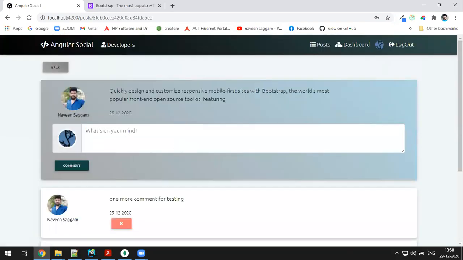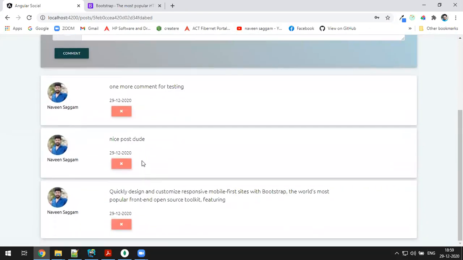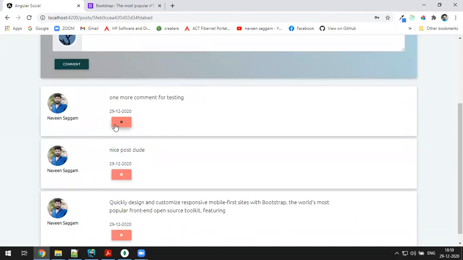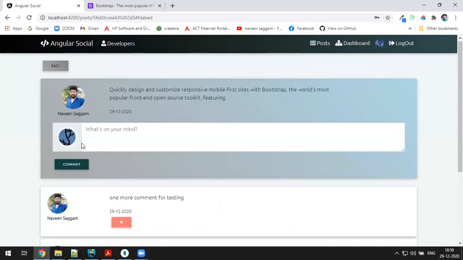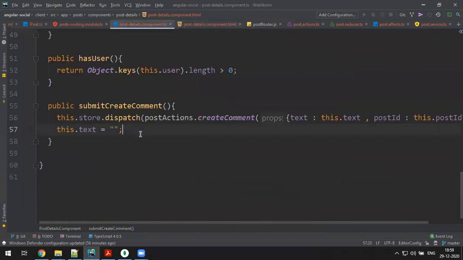David can see Naveen has made some comments. So David has logged in, but David should not delete Naveen's comment. Correct? David can remove only David's comment. So this button should be visible only if the logged-in user and the user who made the comment are the same. Condition has to be made. Okay, I go here.